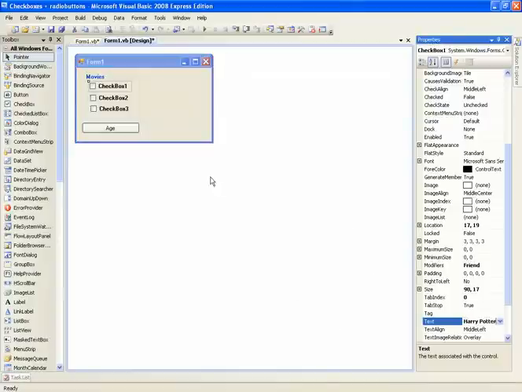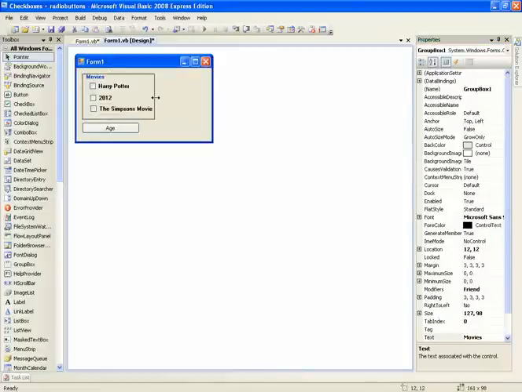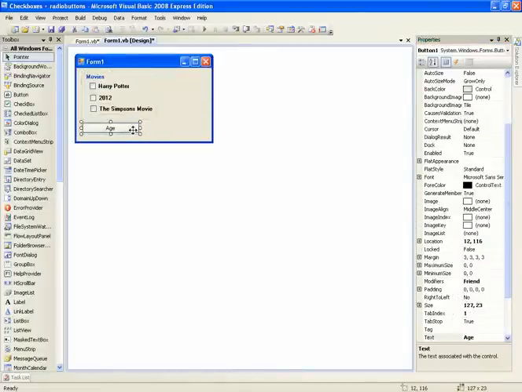The first one we'll have Harry Potter. Second one we'll have 2012. Third one we'll have the Simpsons movie. And 3 should do. So there we go, and then we'll change the text in here to favourite movies,